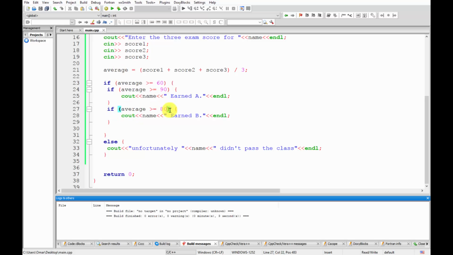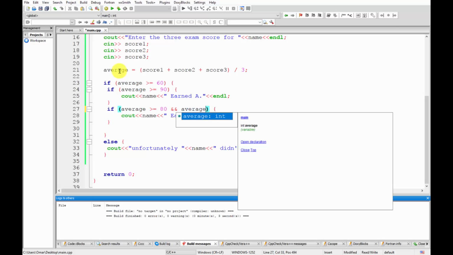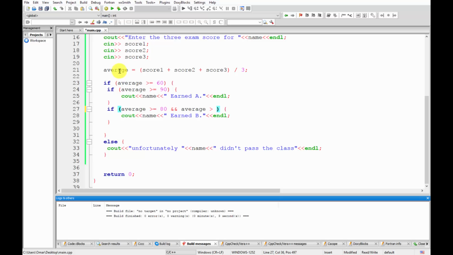And to prevent that, we will have to use the logical operator and. So we're gonna say if user score more than 80 and the average is less than 90, then I would like you to print this for me. So it's gonna check for both conditions. If it's true, then it's gonna print this for us. If the average is less than 90 and the average is more than 80 or equals 80, then print that statement for me. So if I run this now,